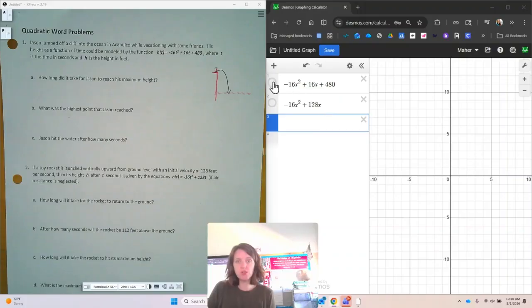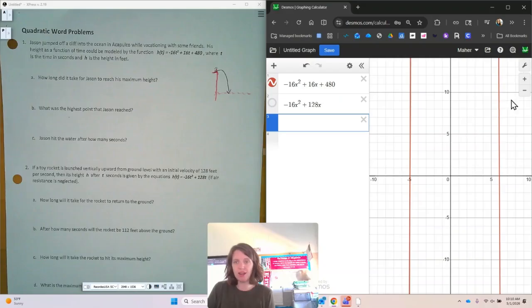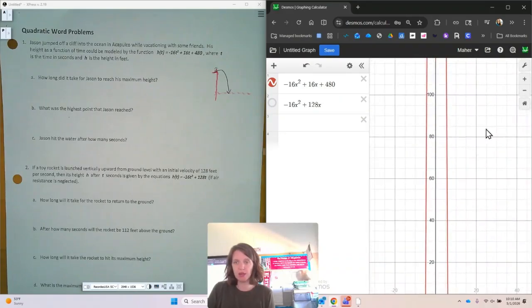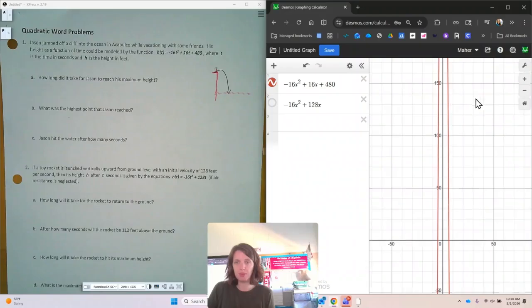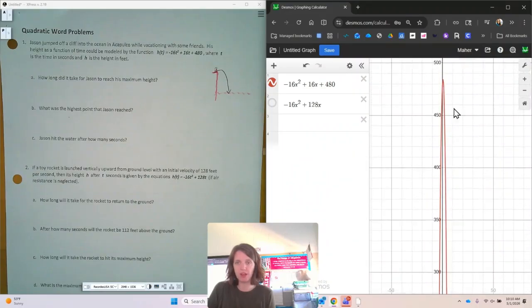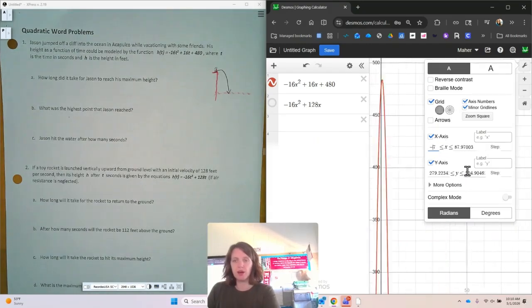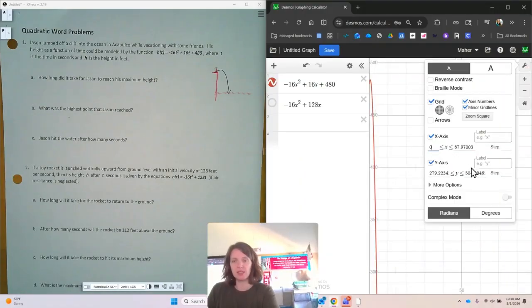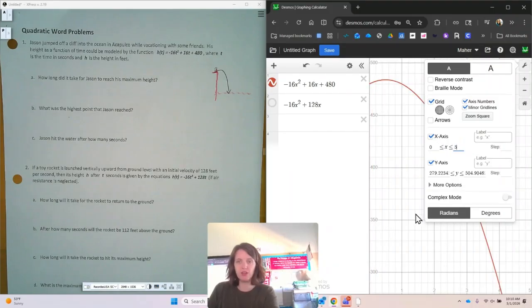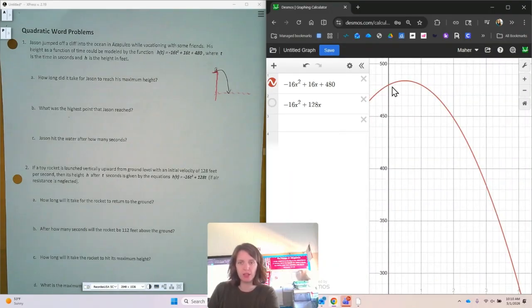But also we're going to use the graph in Desmos over here. I've already put the equation in. You can see that the graph ends up looking, you've got to zoom out a little bit. It's going to be pretty big because we're thinking about somebody jumping off a very high cliff. So again, if you spread your axes out a little bit, you can help this. We've looked at doing this before, but you can start your x-axis at 0 and end it at 5,